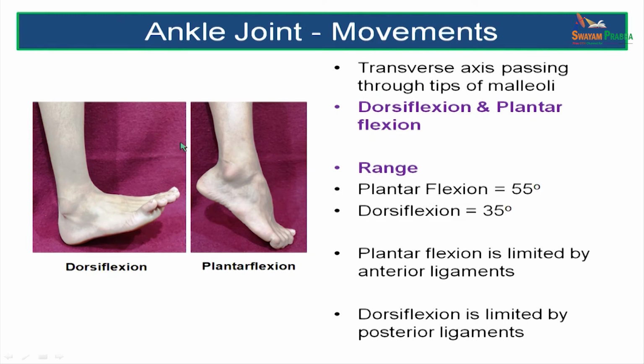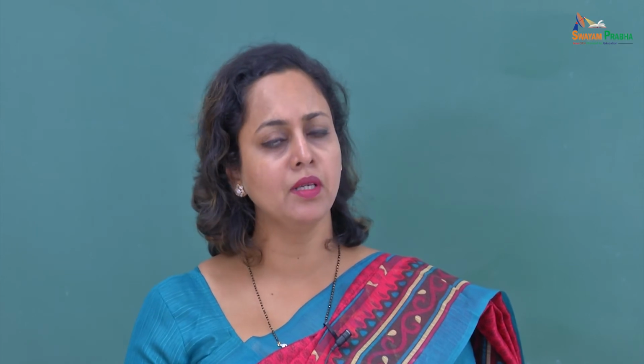The movements of the ankle joint we already mentioned. The movements are dorsiflexion and plantar flexion. Remember, a hinge joint has only one axis. If there is only one axis, there will be only one type of movement. So, the movement is dorsiflexion or plantar flexion. The range of plantar flexion is more, it is about 55 degrees, whereas the range of dorsiflexion is much less,